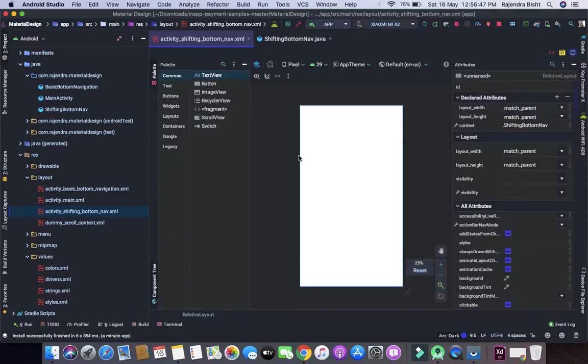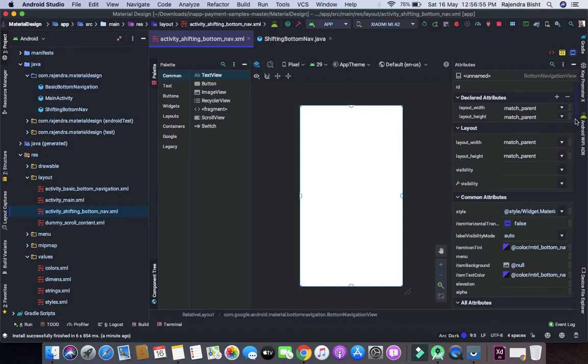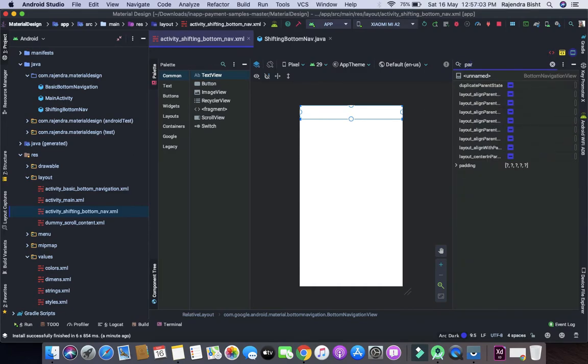Now we need to add a bottom navigation view. Let's wrap content and parent aligned bottom to.